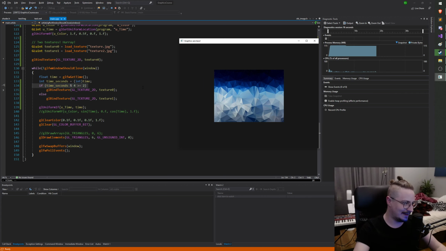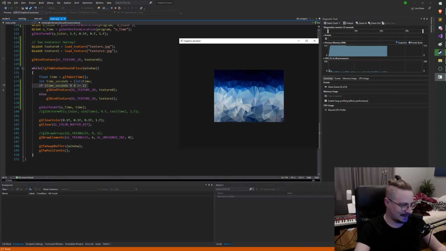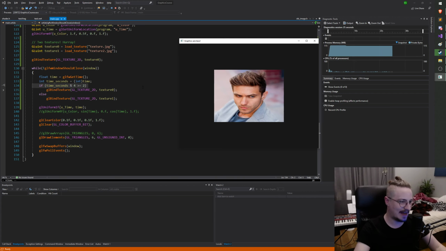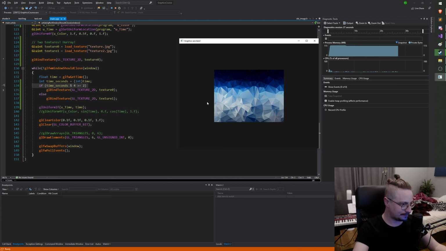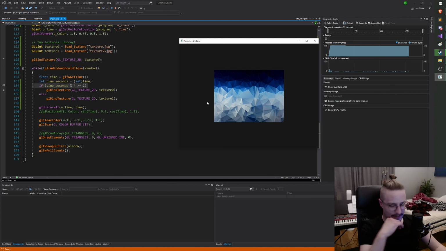What I'm trying to show you is that binding the texture is how we affect what happens in the shader when it's sampling. So the sample always happens on the bound texture. Nice. But